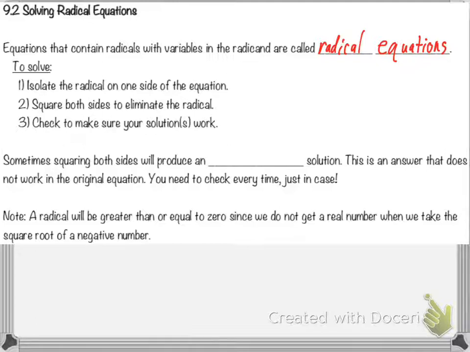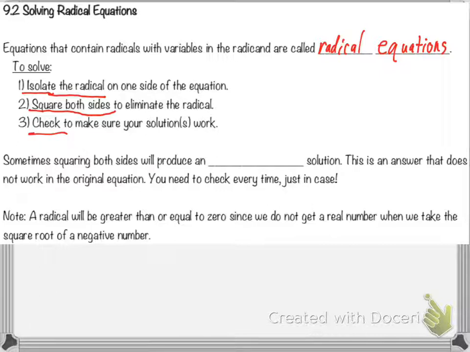So the first is to isolate the radical on one side of the equation. Isolate means to get by itself, okay? We've done that before where we've isolated the variable. Here we're isolating the radical, okay? So our first step is to isolate, and I'm going to even underline the radical. Next thing is to square both sides to eliminate the radical, and then we check to make sure the solutions